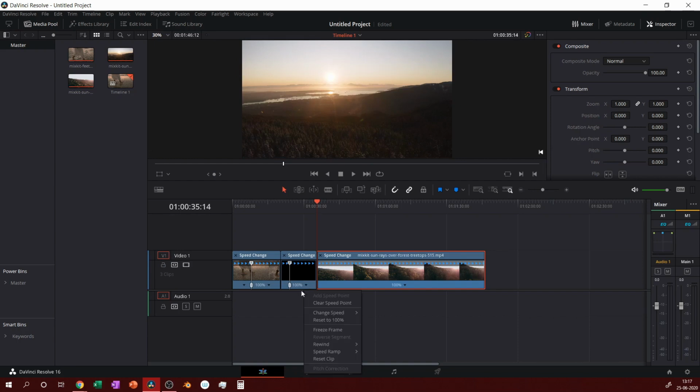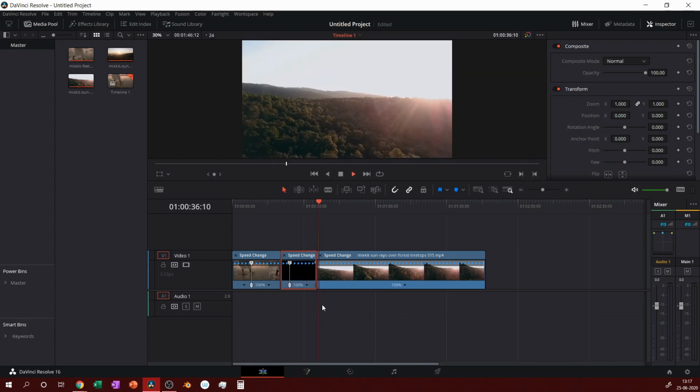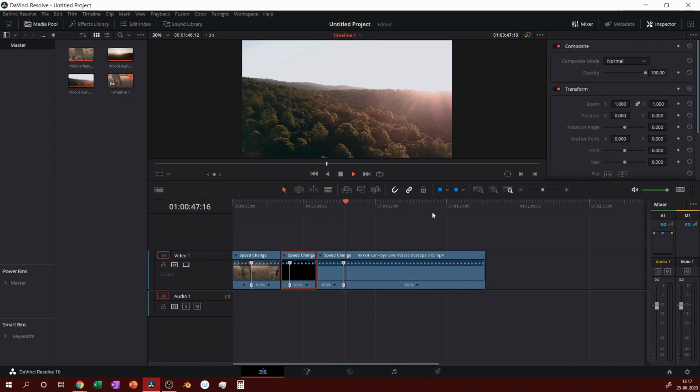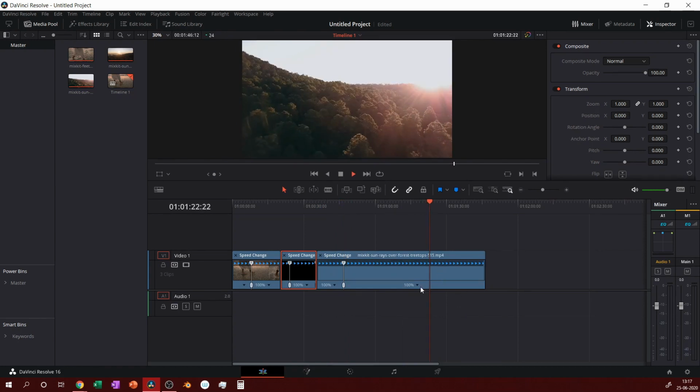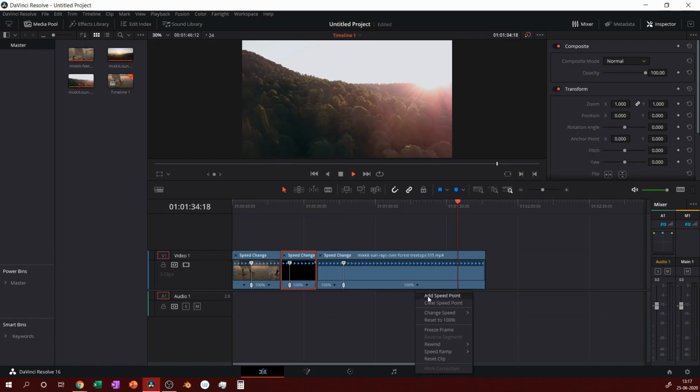Right there. Okay, one frame back. Right there. Alright, there's one more speed point. Now for the largest clip, I'm going to add one around here and one more almost at the end. A bit longer. Alright, done. These are the speed points.